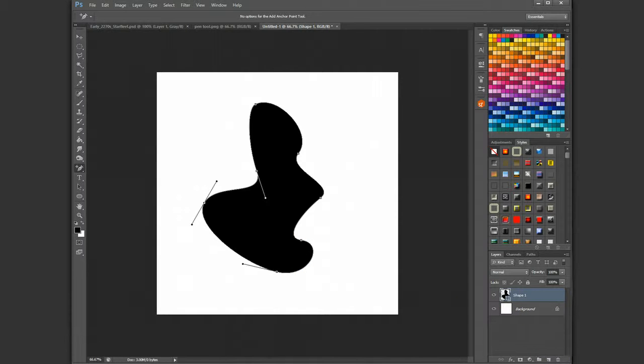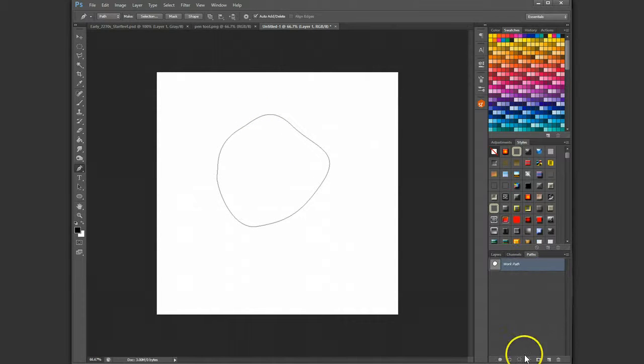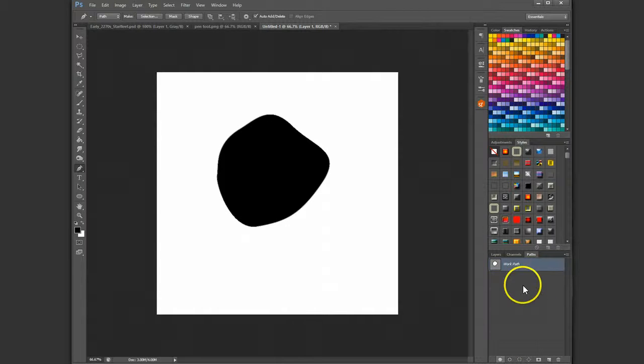If you use the other method from before, go to pen tool, use a path, and make this nice little shape here. Now when you go in and use the fill option here, and then want to change something,